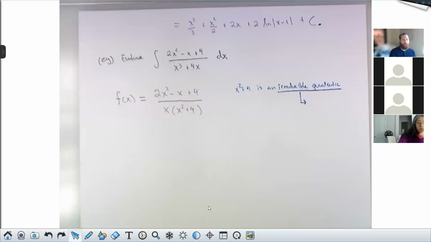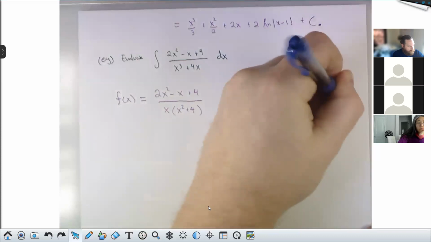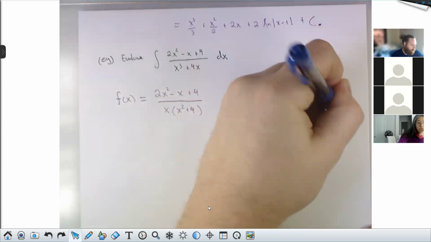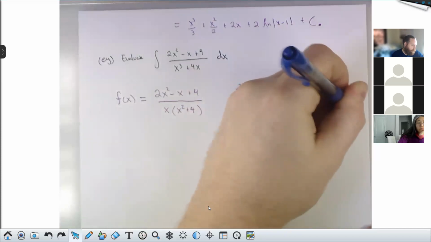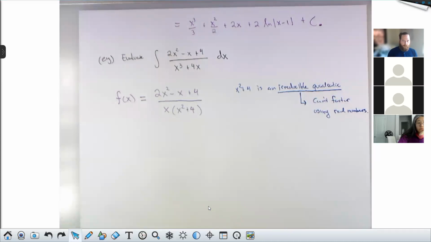Cannot simplify is a reasonable thing to say, specifically cannot factor, at least not using real numbers. The truth is, if you're willing to use complex numbers, there's no such thing as an irreducible quadratic. But in this class, we're going to focus our attention on real numbers. We're not going to be worried about using complex numbers in our algebra steps. So x squared plus 4 cannot factor,